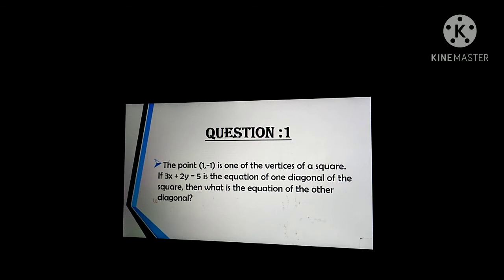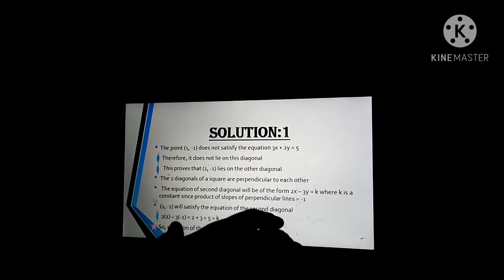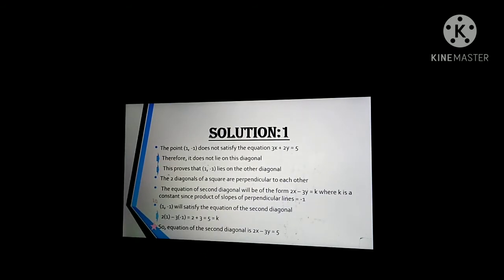So we have a square, and out of the four vertices, we have one vertex (1, -1). 3x + 2y = 5 is the equation of one diagonal, and we want to find the equation of the other diagonal. Now if we move forward, we come to the slide which contains the solution